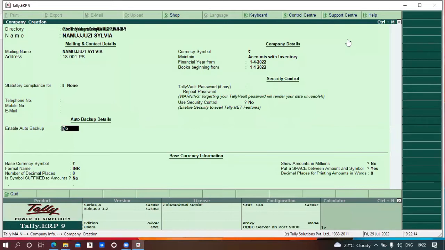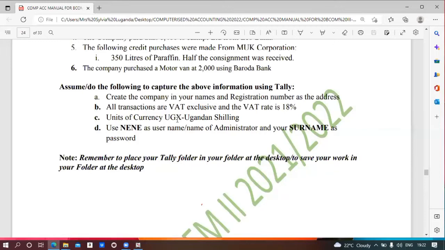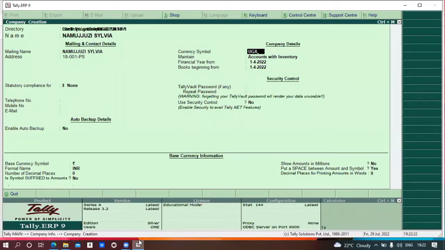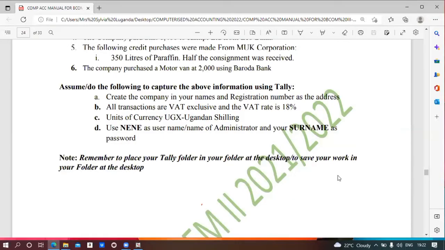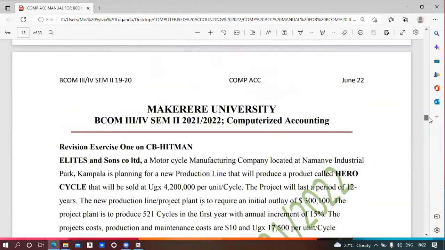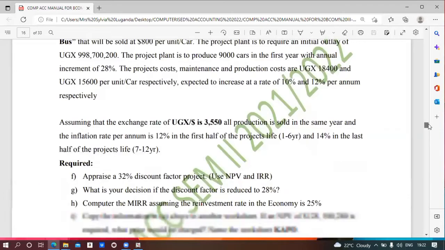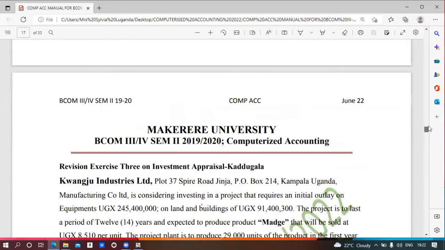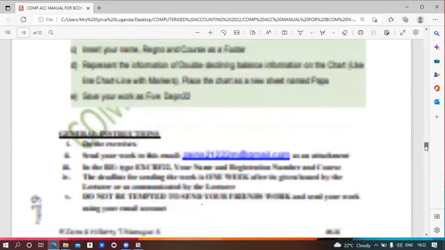The backup, we do not. Then currency symbol, they said that we are using UGX. So you type there UGX. And always we maintain accounts with inventory. So the financial year begins when? Now, in this question, they did not mention clearly that the financial year begins on this date. But when you go to the beginning of the question,